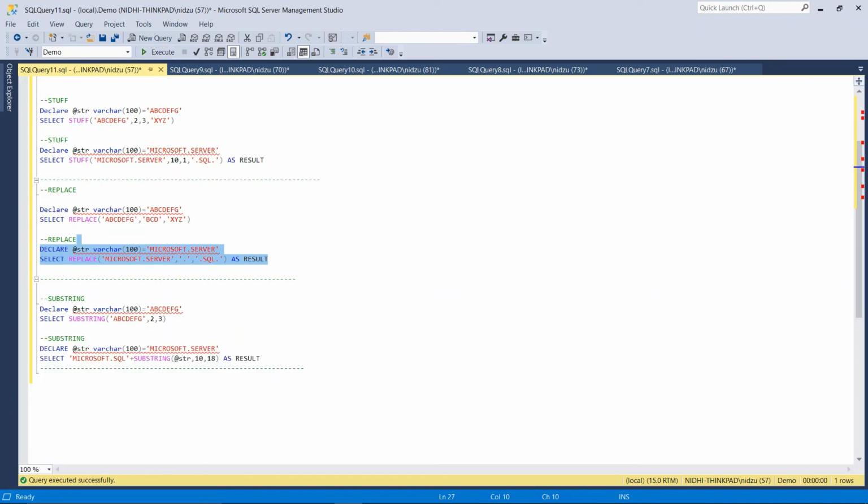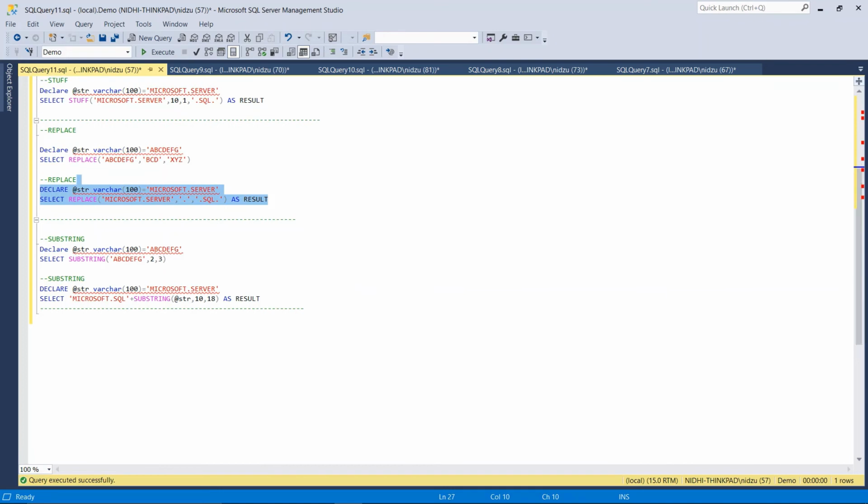And for SUBSTRING, I have again taken a string and put a value in it, and here I want the substring BCD. I want this function to return BCD. As B starts from 2, I have to take 3 characters, like for BCD these are 3 characters.